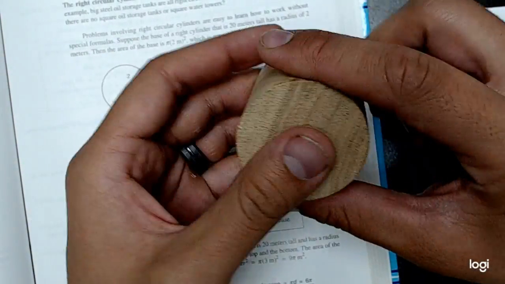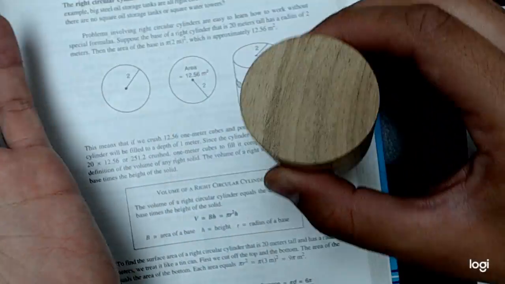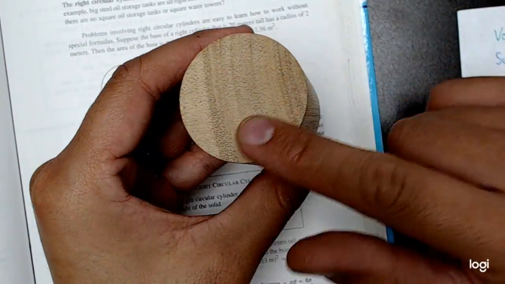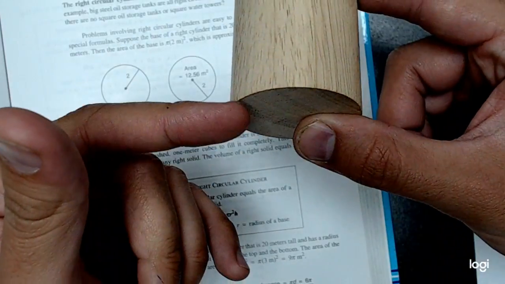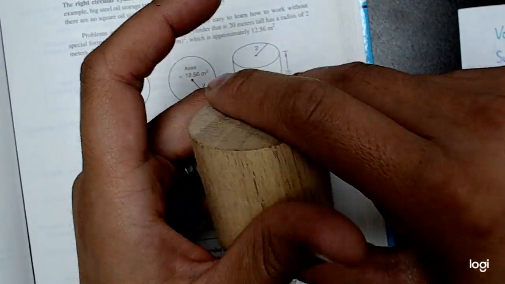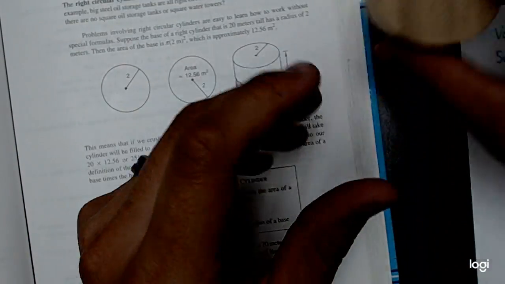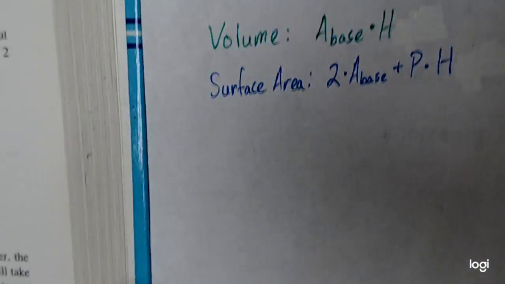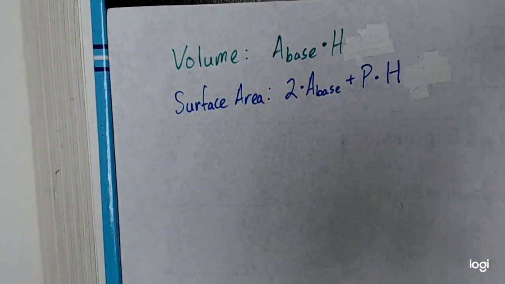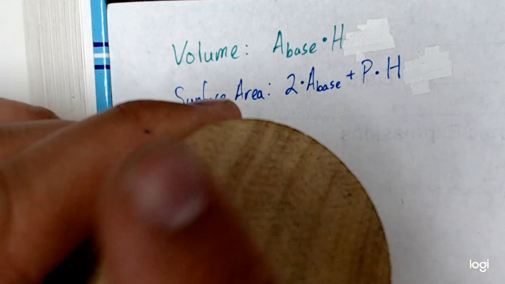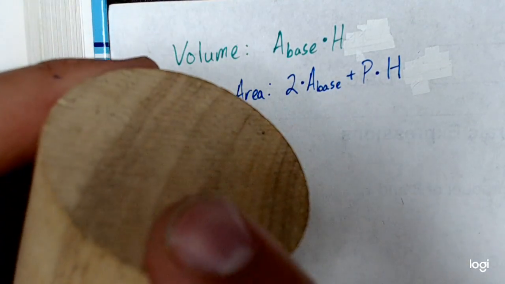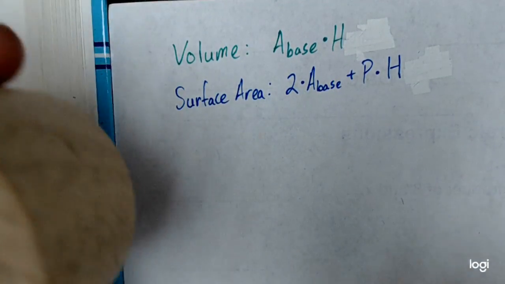So the volume for right circular cylinders is pretty straightforward. We find the area of the circle, and then we multiply it by the length of the cylinder, and we have the volume. Volume's pretty easy, right? And that follows the formula area of the base times the height, right? So if the shape of the base is a circle, we find the area of the circle multiplied by the height of the cylinder, we have the